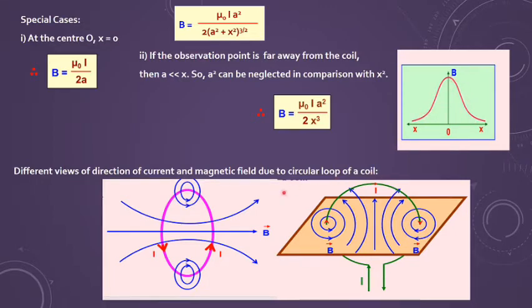And if you want to find the direction of the magnetic field, then of course as I have said, you curl your fingers, right hand rule, curl your fingers in the direction of the current, and the direction in which the thumb is pointing gives you the direction of the magnetic field. So for the anti-clockwise direction it is coming upward, for the clockwise direction it is coming downward. So the direction in case of magnetic field is very important, as it is a vector quantity.